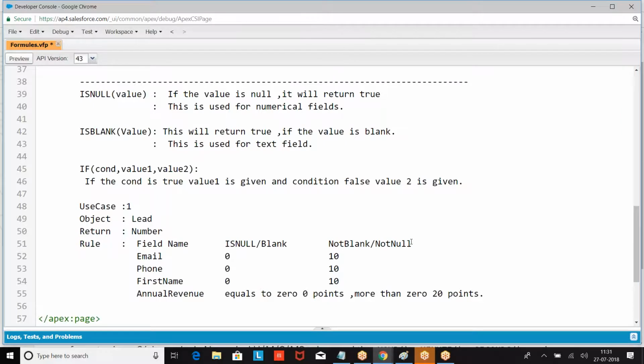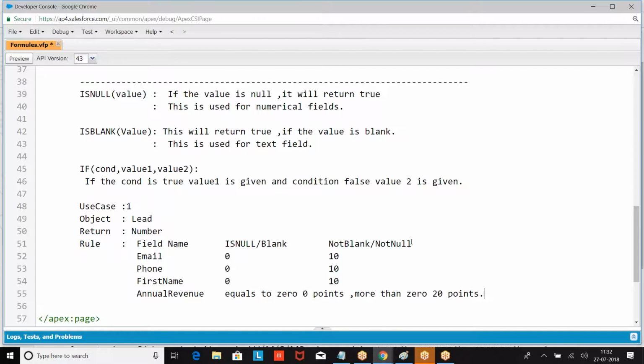To do that, I have to calculate a score for every lead. Whenever a lead is created, I want to calculate a score. Based on the data you provided, your priority will be given. Let us say I am applying for a loan. They'll ask you, do you have one car? 10 points. Do you have a two-wheeler? 5 points. Do you have one house? 20 points.